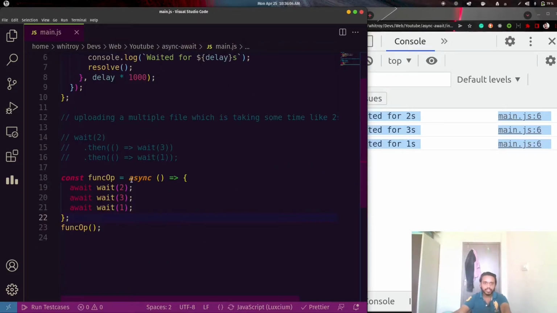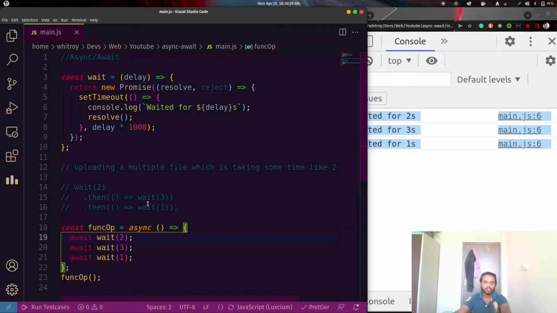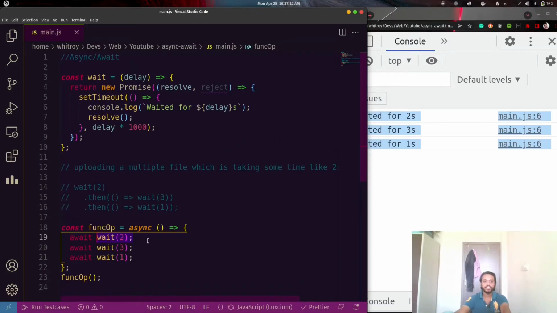And how it is working, let's check this. First, when this function is being called, it goes to this line number 19 and calls this function, which returns a promise that creates a 2-second delay. That means this promise is going to be resolved after 2 seconds. So what does await do? It waits here until this function fulfills its promise or fails. When this function completes and resolves its promise, we get a value here.